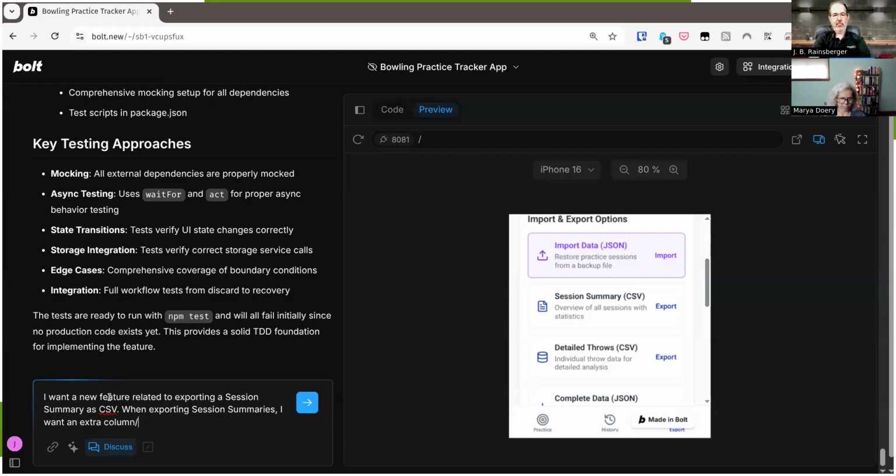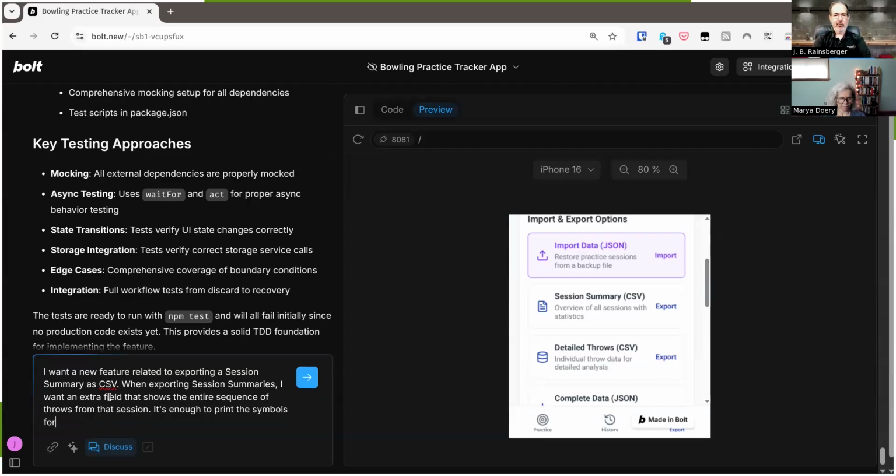I don't know which, let's say field. I want an extra field that shows the entire sequence of throws from that session. It's enough to print the symbols for all the throws in order, in sequence.